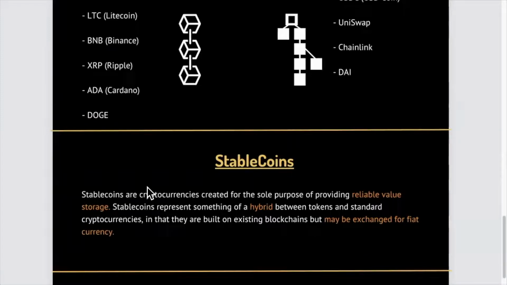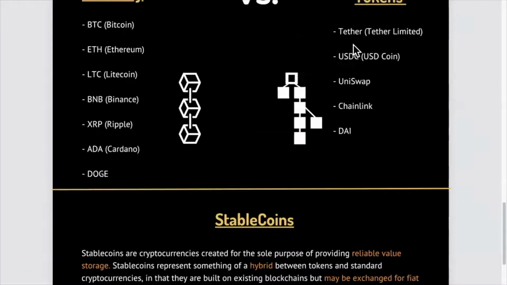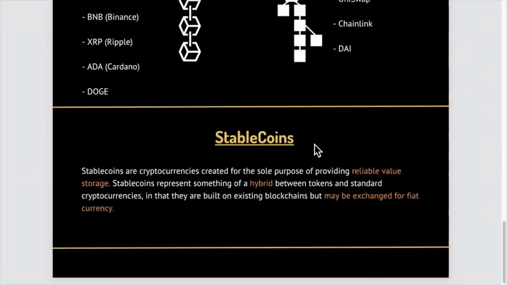Stablecoins were built to represent the value of a currency. So for example, something like Tether or USDC, which is US dollar coin, are linked to the dollar. So ideally, one USDC coin will always equal $1. If you want to keep your money in this crypto space, you don't necessarily want to go back to fiat currencies, but you don't want to put it in a risky asset that's going to continue to change value so often. What you can do is use a stablecoin to either park your money on the side or as a bridge to be able to buy cryptocurrencies in an easier and cheaper way.